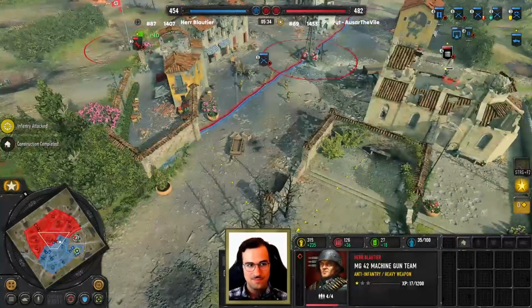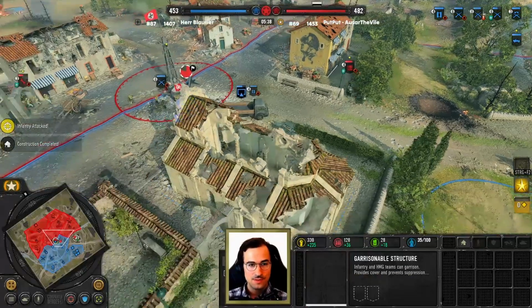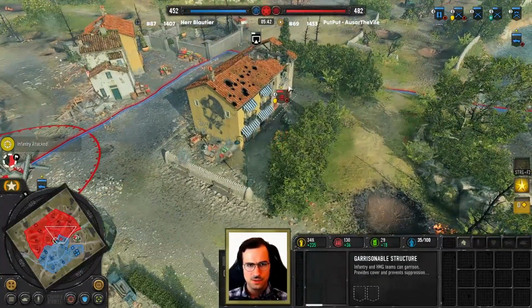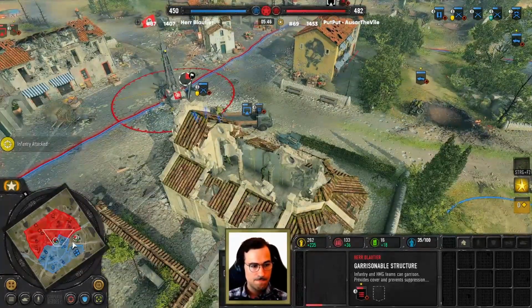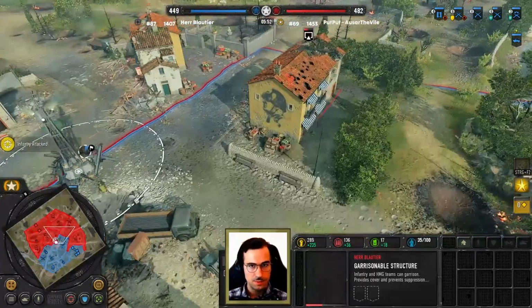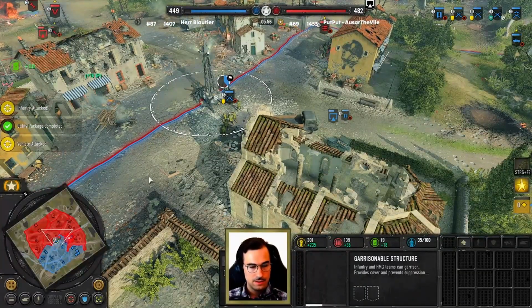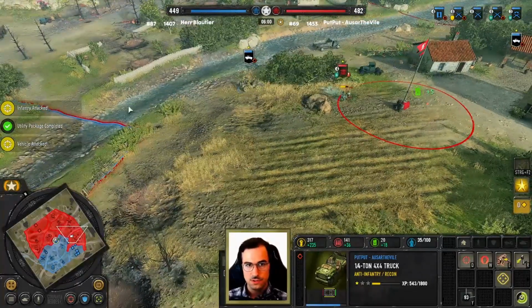What's the plan over here? Okay, I tried to go inside. I remember this situation. I wanted to go inside of this building, but then for some reason the squad decided to go inside of this building. It was a little bit confusing to me. But it was not a problem at all, because I didn't take any additional damage. However, this MG now needs to retreat because he's making use of the